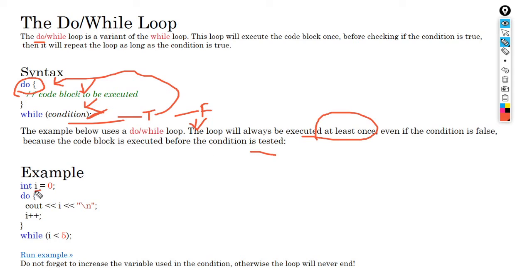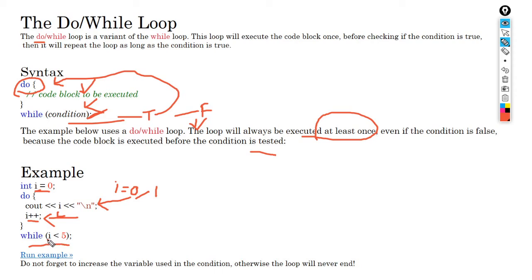Now here you can see i equals 0. Do, cout i is printed here. So before checking the condition, first with i as 0, it will print this i, and then it will increment, i plus plus, and then it will check the condition, that is i is less than 5, semicolon. It is true. Then it will go back, i became 1 here, right, because of this plus plus.